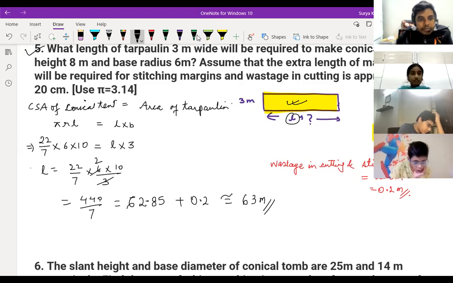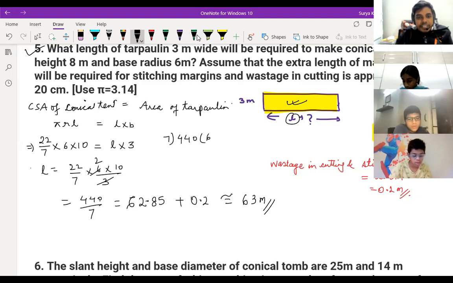22 by 7. So 440 by 7. 7 6s are 42. Sir, I am also getting 63, sir. I'm asking, check the answer at the back. What you are getting, that is different. The answer should not be wrong, no? If both of us get correct, it means correct. If something is wrong, we should correct it, right?